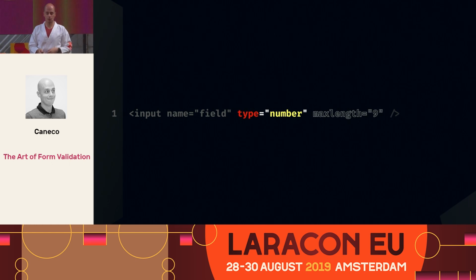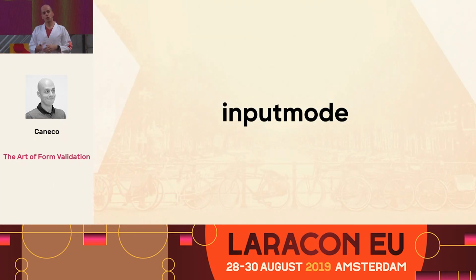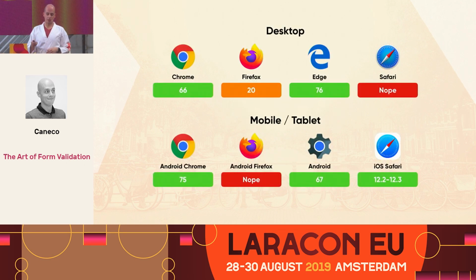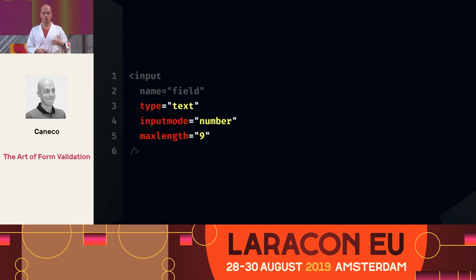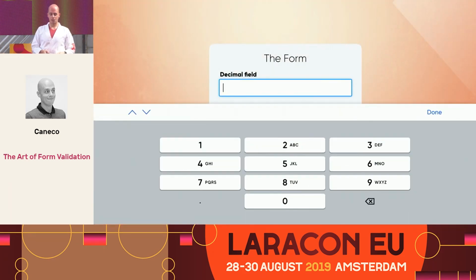It doesn't work entirely. So there's a new thing that is really fresh called inputmode. It's not yet available in every browser, but as far as we can see, you can already use it. It's fairly the same as a text, but instead, you just set inputmode as number, and you can use it either way with tel, url, email, or you can have a new one called decimal. That's what you do. The inputmode sets what keyboard you want for that input.